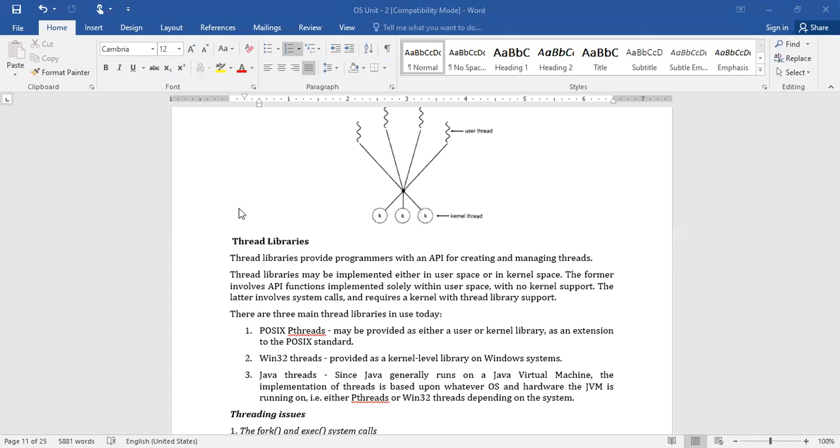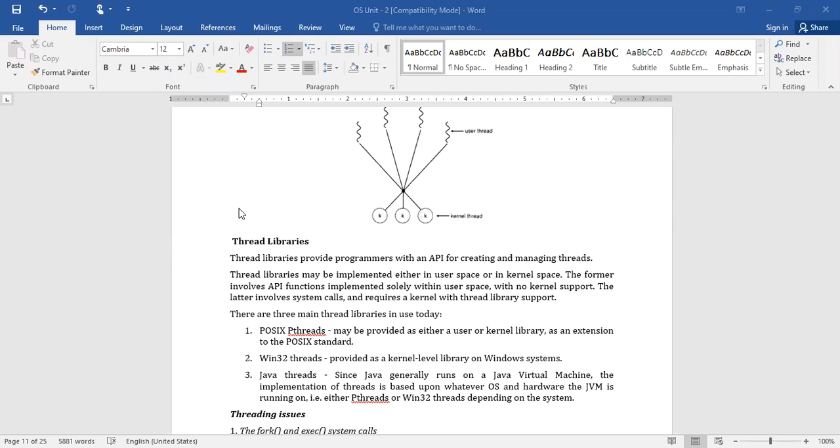Thread libraries provide programmers with an API for creating and managing threads. The thread libraries may be implemented either in user space or in kernel space.